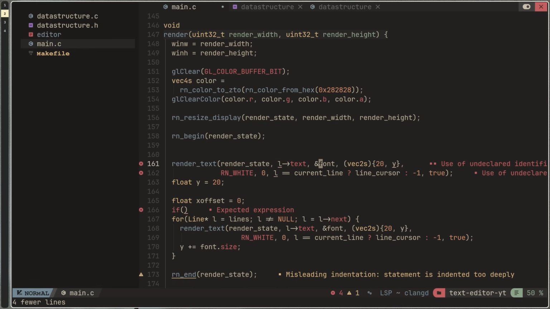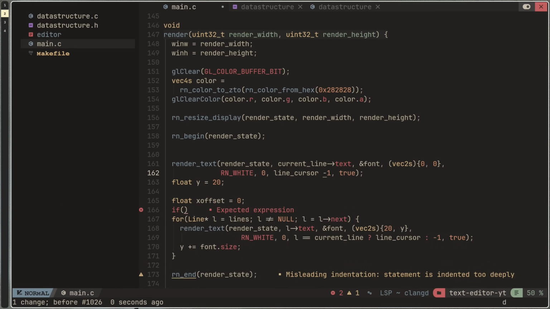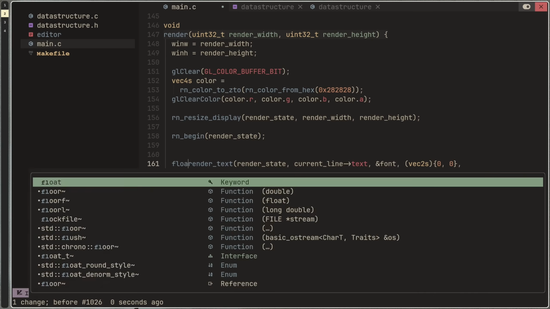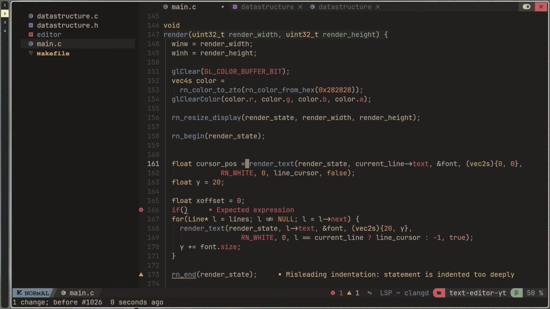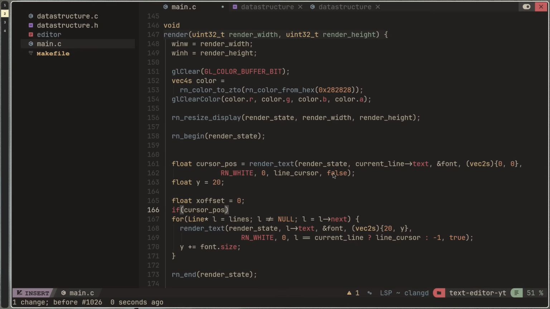Okay, so what we basically need to do is pre-render our thing. So let's say 0, 0 for that. We need to pre-render the line that the cursor is actually on, right? So current line text, font, white, 0 and line cursor. And render is now false because we only need to get the cursor position. The cursor pos is equal to that, and if the cursor pos is greater than or equal to the